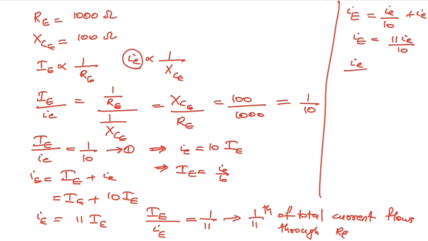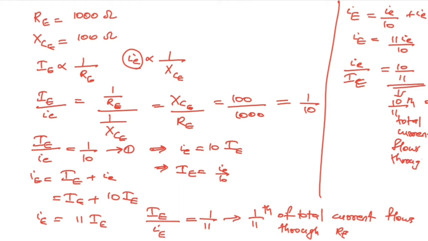So small i by the total current is equal to 10 by 11. This means that 10 by 11th portion of total current flows through CE. So it is clear that the signal voltage developed across RE is only 1 by 11th of the voltage